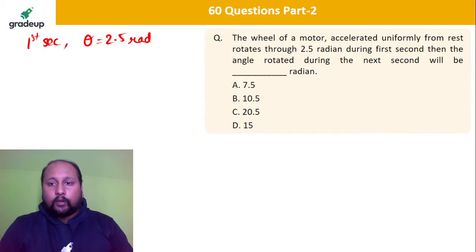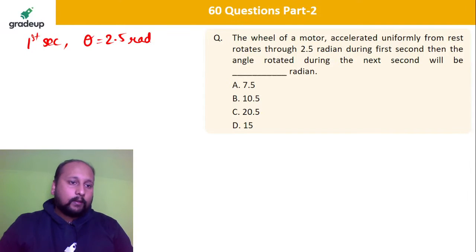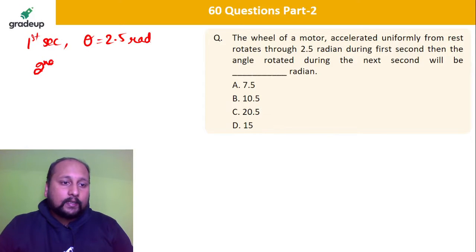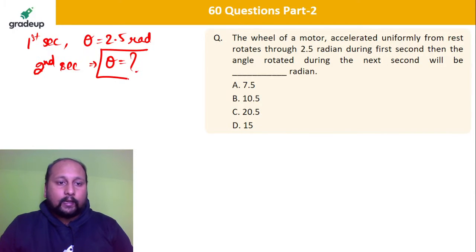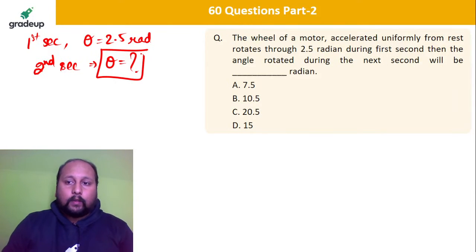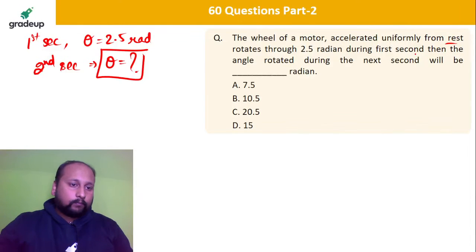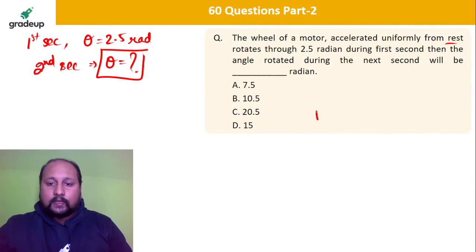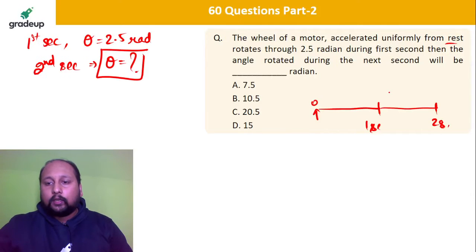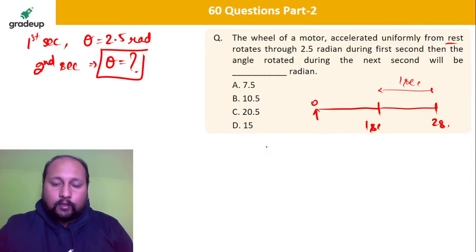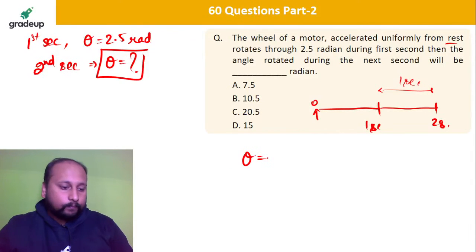Then the angle rotated during the next second will be the angle rotated in the next second. That means in the second, what is the theta rotation? Anyone who can tell me? It is starting from rest. Let us suppose it is starting from this 0 point. From this point to this point is your 1 second. From this point to this point is your total 2 seconds. So this is your 1 second. So let us calculate, initial velocity is 0. So we can say theta is equal to,